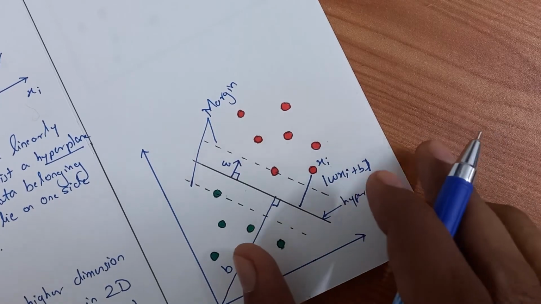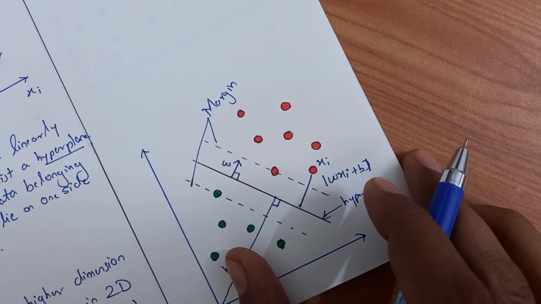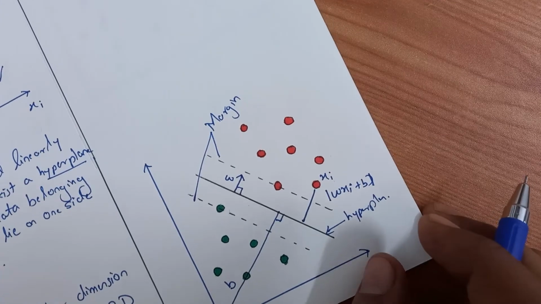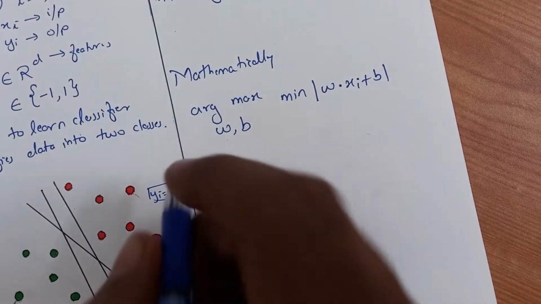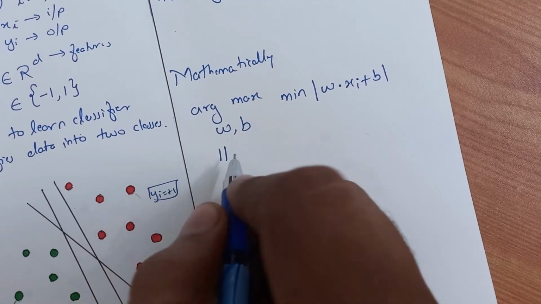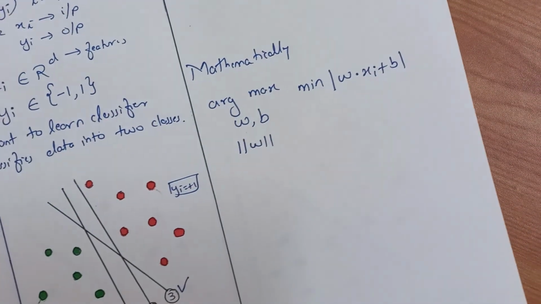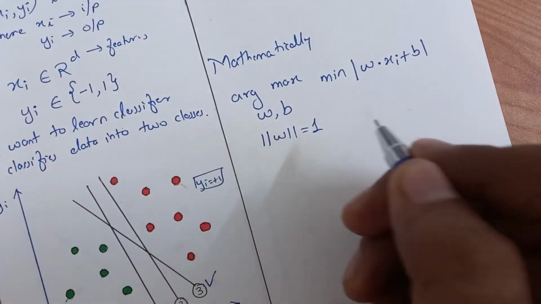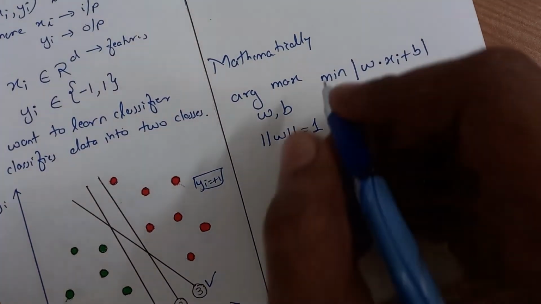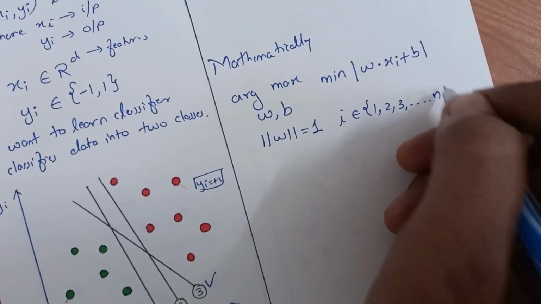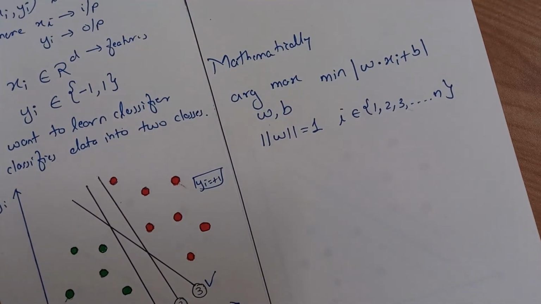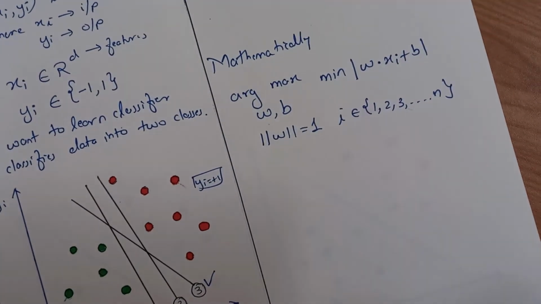Like this. So we want to minimize the distance between this hyperplane by maximizing these two values of argument, W and B. In the initialization stage, the magnitude of W will be 1, acting as a unit vector, where i belongs to 1, 2, 3, ... n. So this is only the part; the actual condition, the constraint, is still remaining.